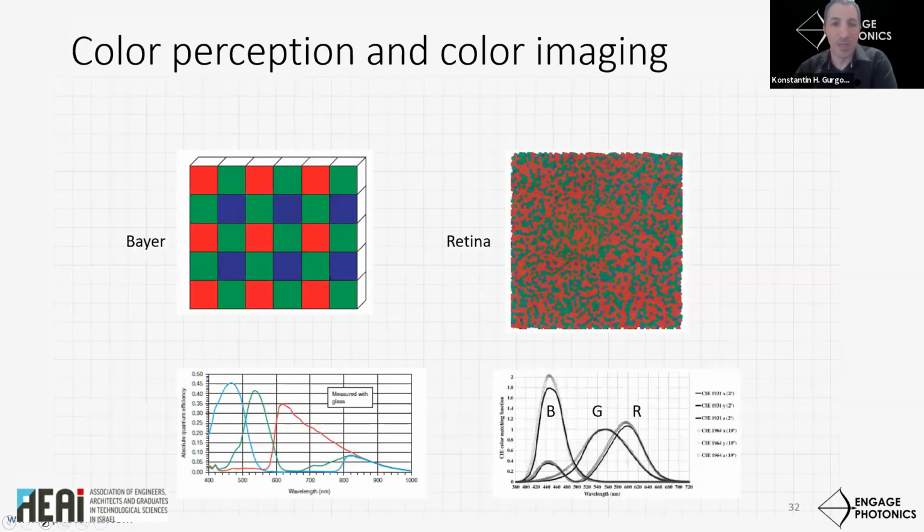So, about color perception and color imaging. Color is a characteristic of light that originates from human perception of light, and it is only relevant to human vision. The human eye has 4 types of photosensitive molecules, RGB cones and monochrome rods for low light conditions. Each of the RGB sensitivity curves is given by the CIE standards.